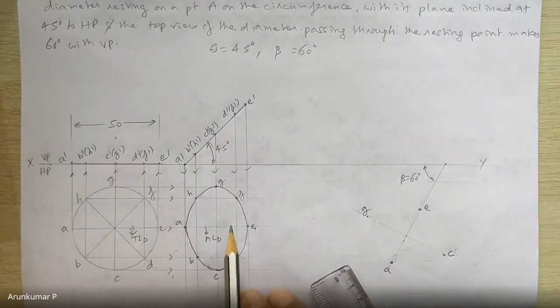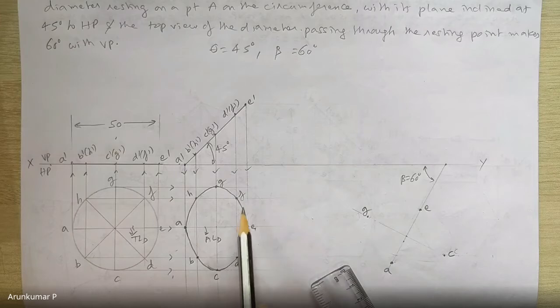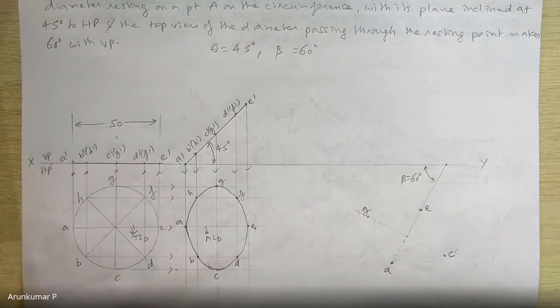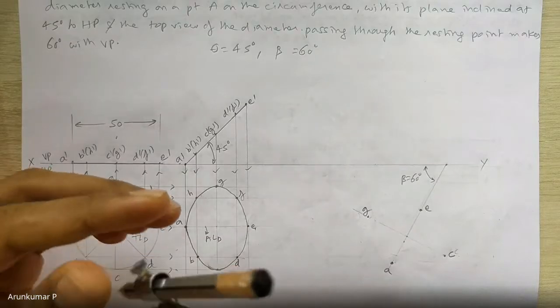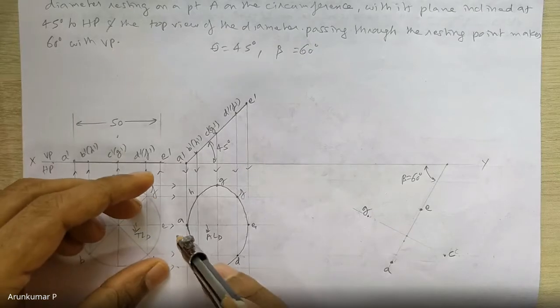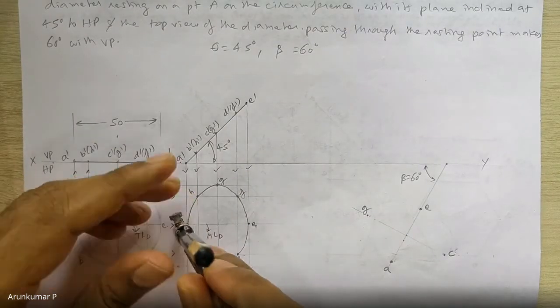And then we are left with 4 more points: B, D, F, and H. You can use the rounder and locate them. For example, you want to locate B. You measure distance from A to B. Any 2 points you can take reference. Say A to B you can measure. So this is B,